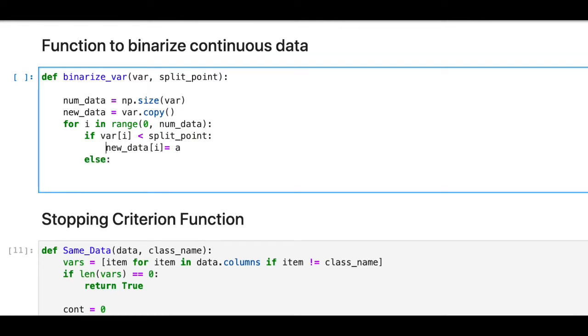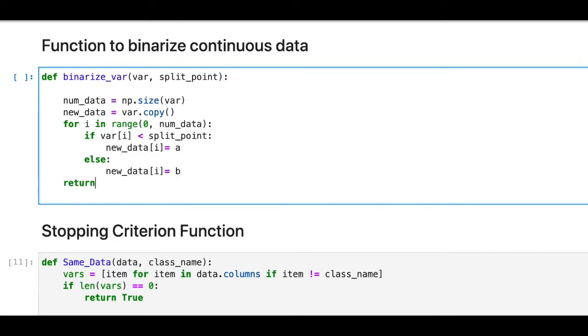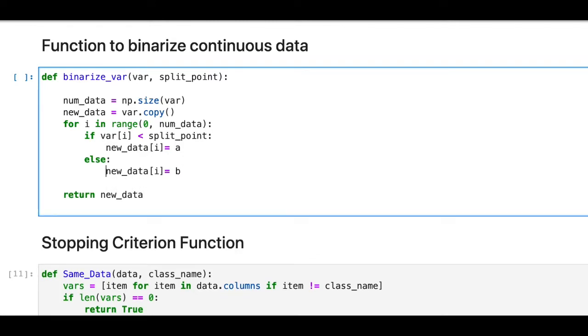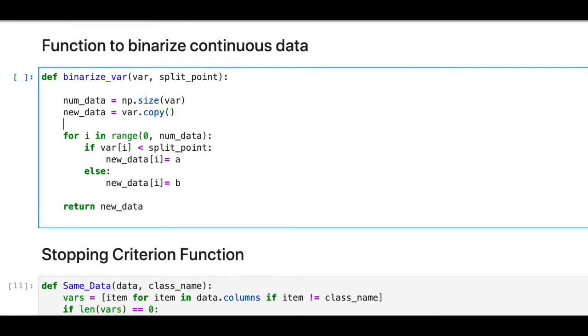So we're going to define this A and B. So let's say that A